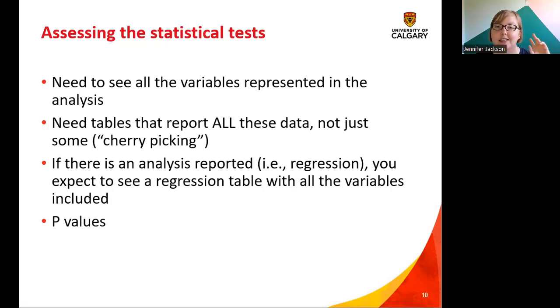If there's not, we're starting to get nervous, because then the authors maybe have only shown the really interesting results and not all the other results that said, actually, there's no difference in flipped classroom at all, and your study didn't find anything. So you should see a table for each kind of test. And then if they did an analysis such as a regression,